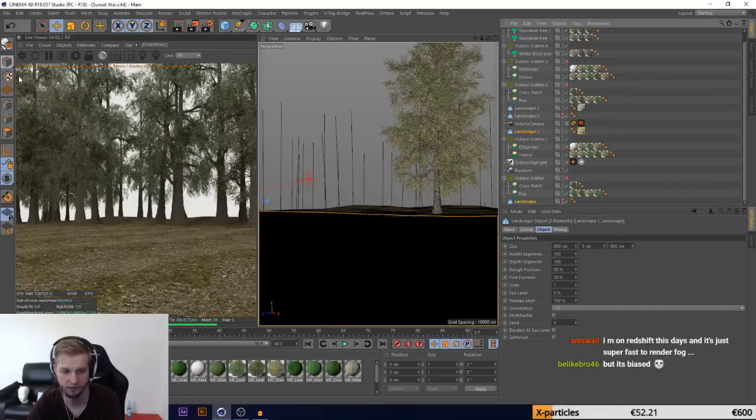I'm on Redshift these days, and it's just super fast to render fog. Yeah, that's why I thought of maybe learning it, like not using it as my main render, but